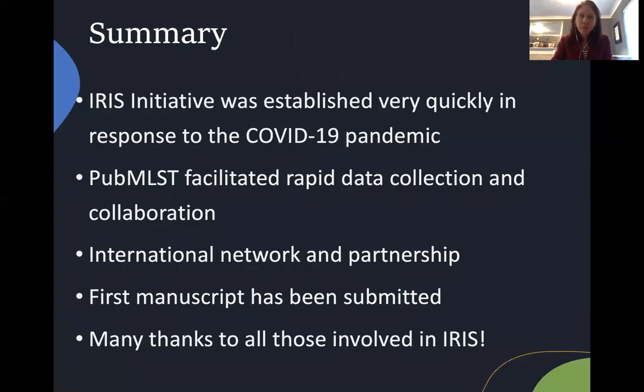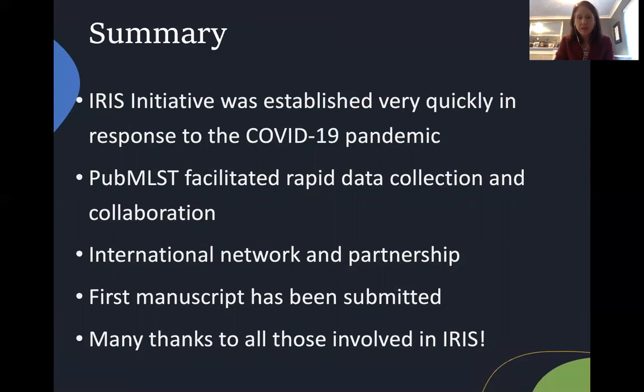So to summarize, we very quickly set up the IRIS initiative in response to the COVID-19 pandemic. And we were able to do that because we had the PubMLST platform on which to set up the database and facilitate this data collection, not just by uploading the data ourselves, but also by allowing IRIS participants to be able to upload their data directly. This is very much a collaboration. It's very much an international network and a partnership amongst all 26 countries and all of the laboratories that are